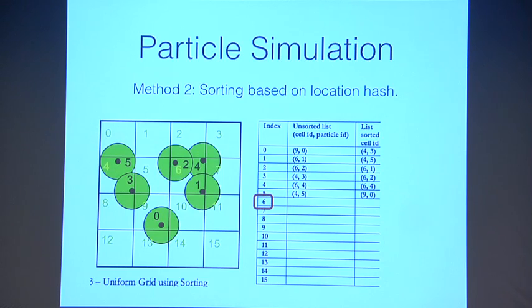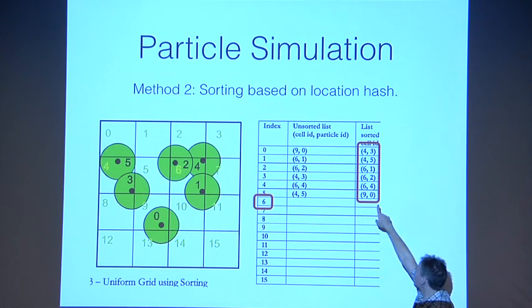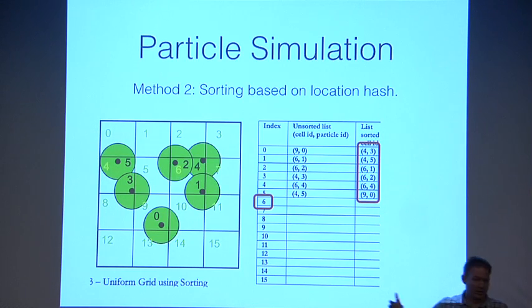The next trick is kind of cool. When I'm processing these particles, I need to say, okay, who else is in grid 6? I need to be able to use this index 6 to figure that out. To build up this table of locations, they use a kernel that runs on every particle in this list and finds where there's a transition from one cell ID to the next cell ID. So where that 4 turns into a 6, where the 6 turns into a 9.